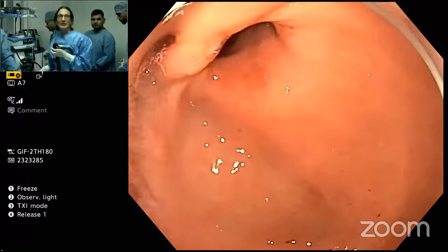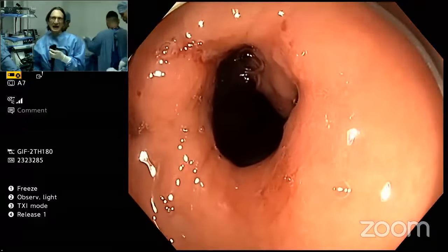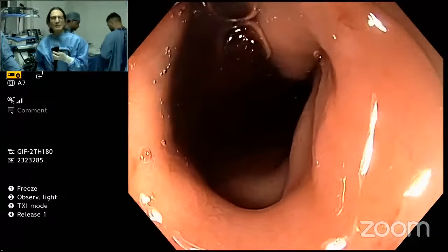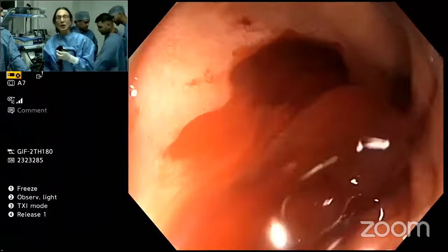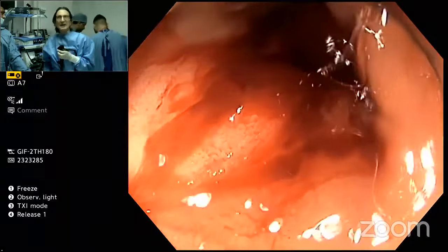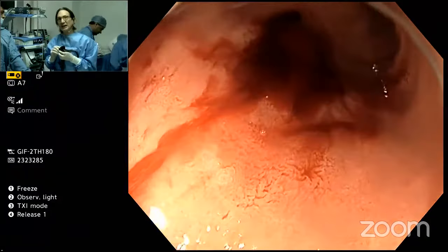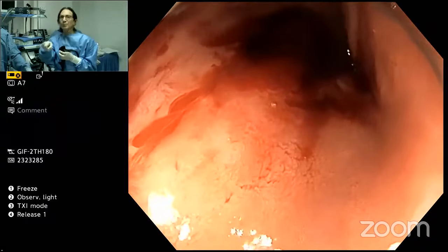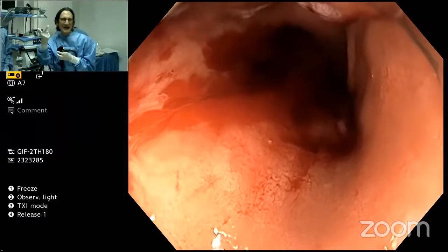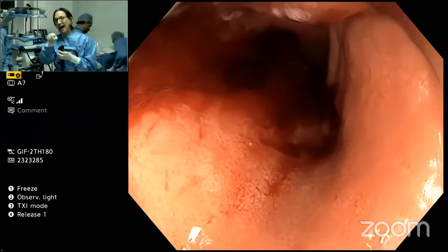All right, take this. And we pull this out and give me a clip. All right, now if Rajesh gives me just a few more minutes after I put the clip on, I can maybe show you how well the anchor works. So the problem, it's interesting. I didn't realize the anchor limitation. What would have been an even better idea is, through the double channel scope, I could have put a snare to catch the lipoma and pull it in. I should have done that. I realize that now. I could have caught the lipoma and pulled it back and given traction